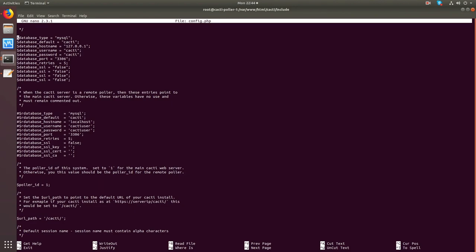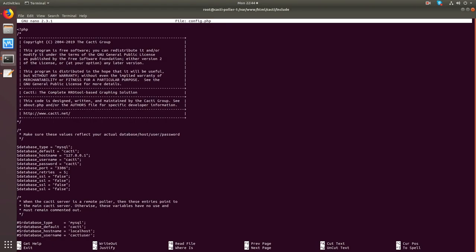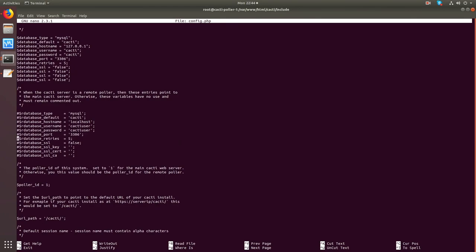So up here, if you've seen my previous videos, this is how you configure the local database, and this is where we can be configuring the remote database. So uncomment the following lines. So the username is cacti, password cacti. We'll change the localhost to the remote database IP address